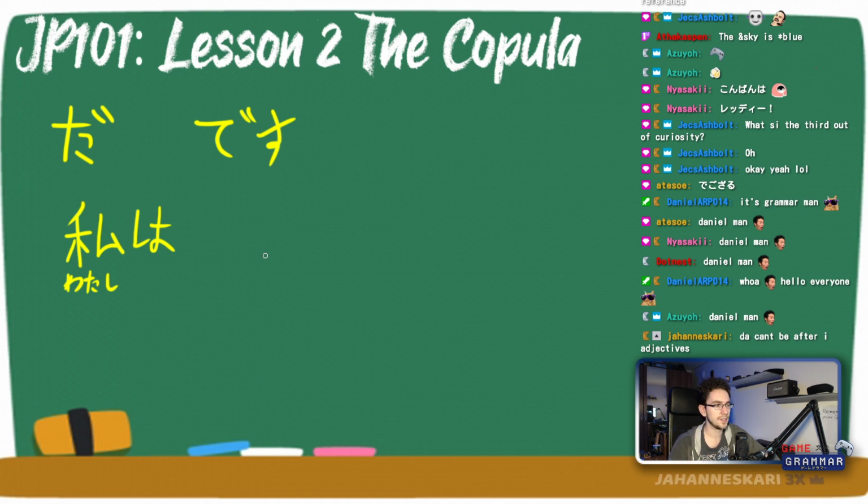So, watashi wa, and now my name. So there's multiple ways of spelling my name. I usually go with a very simple Ibu. It's just very simple to spell it that way. Ibu. And now we have two choices. We can either use da or this. So let's use both, right? We can just put both. It's either Ibu da,